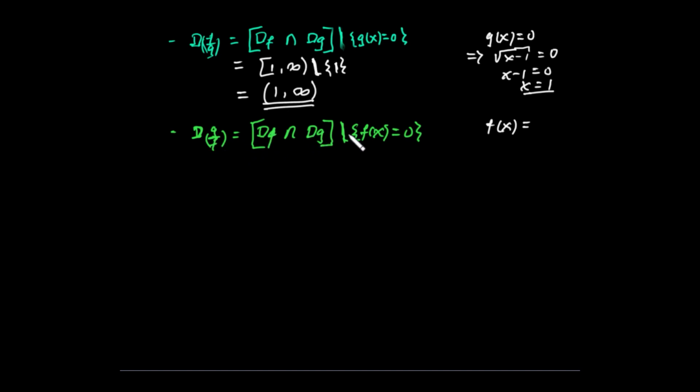ዲኖሚኔተሩን 0 ስለምታደርገው ነው። ቀጣዩ እሺ the domain of G over F ልክ በተመሳሳይ መልኩ will take the intersection of the two domains without denominator f of x ነው those value of x where f of x makes 0 ስለዚህ f of xን 0 የሚያደርጉትን ማውጣት አለብን ነው ከዚህ ሴት ውስጥ ካሉ ስለዚህ f of x equal to 0 implies x minus 3 is equal to 0 ማለት ነው ስለዚህ x equal to 3 ማውጣት 3 ስናወጣ እዚህ ጋር ነምበር ላይን እንውሰድ።